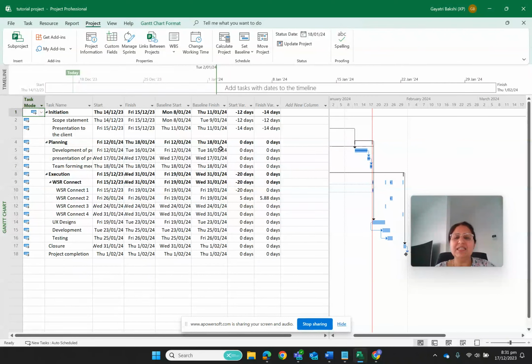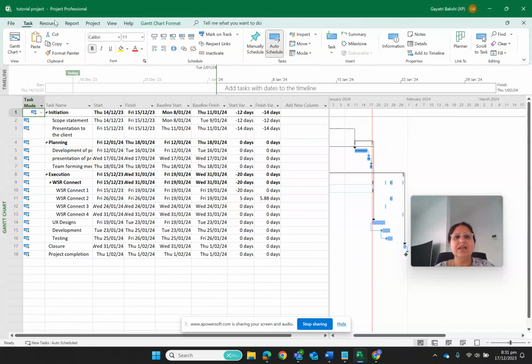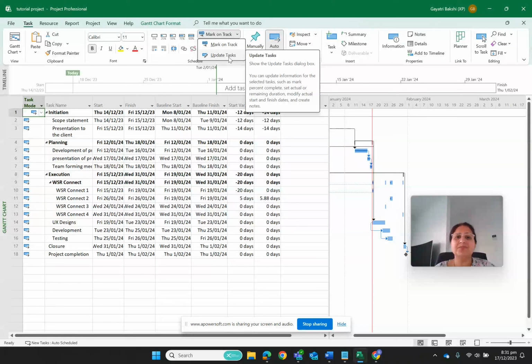Now, if I have set the baseline, I can just go back to my task, and you will see here we have this option of mark on track or update task. So basically, this update task is going to give you a dialog box wherein you can update the information of the selected task, like percentage completed, which you can do from here as well, actual start date, actual end date, finish date,